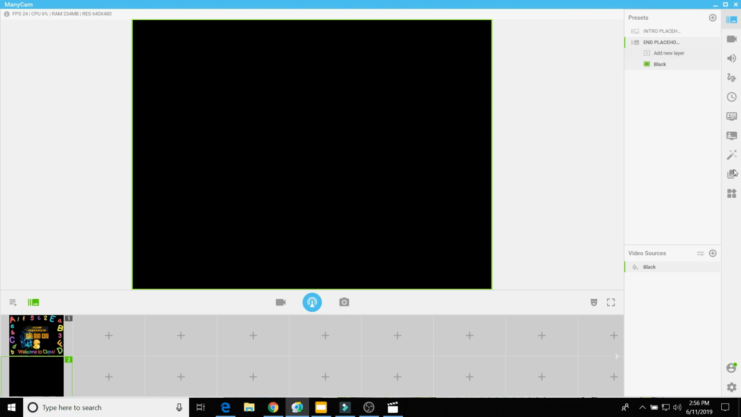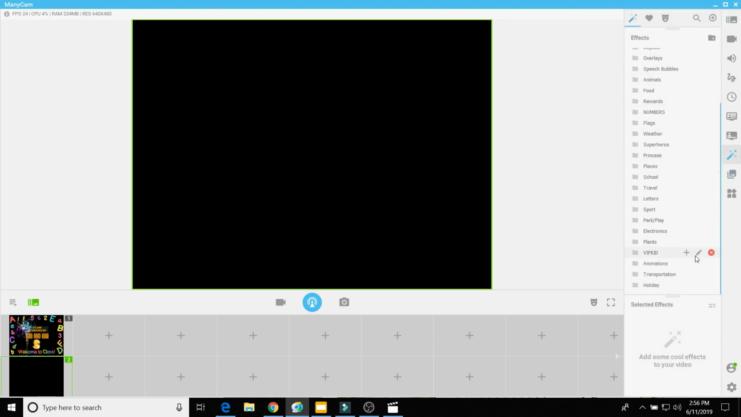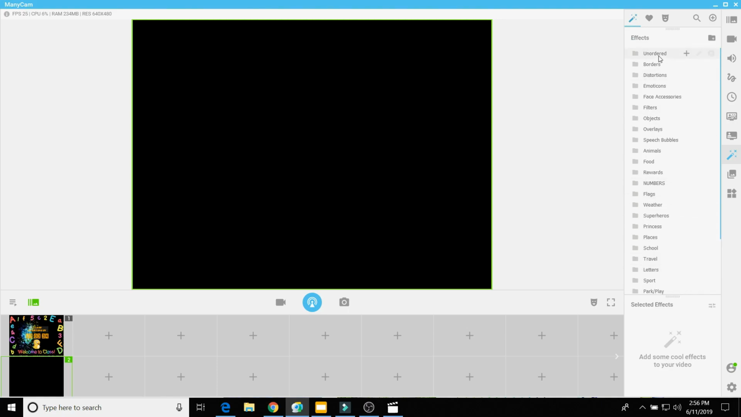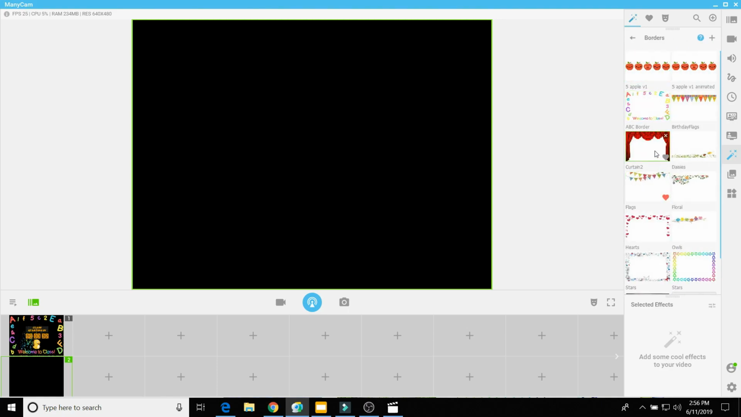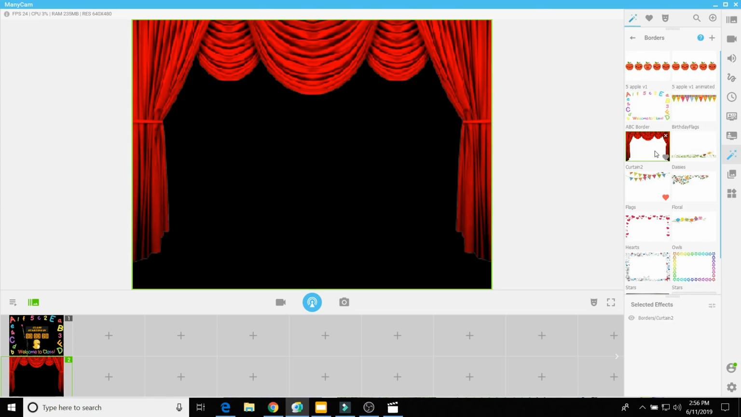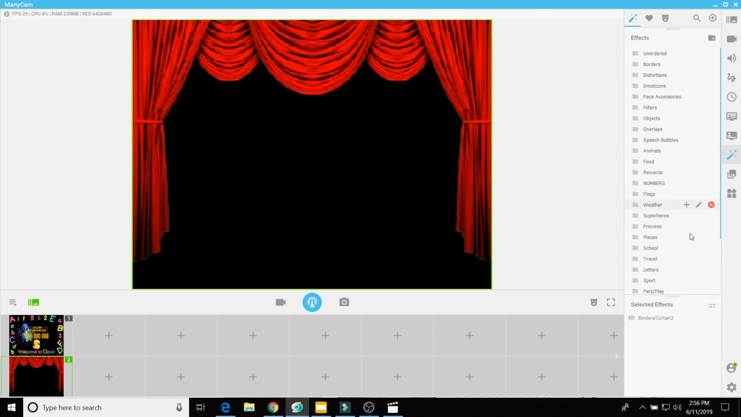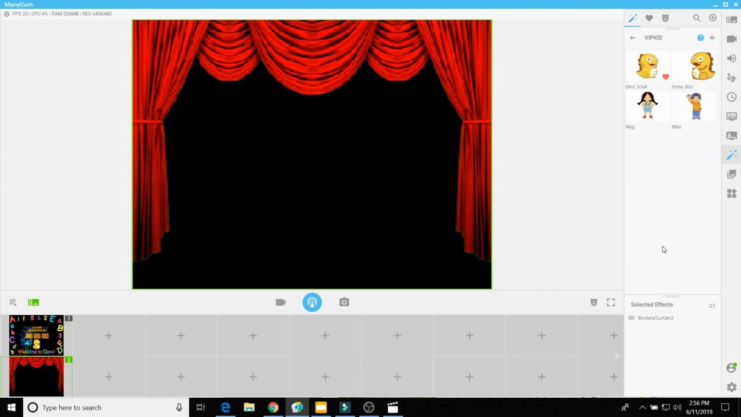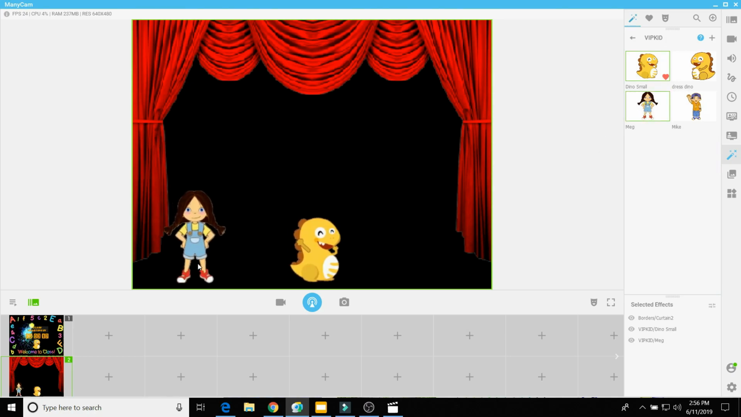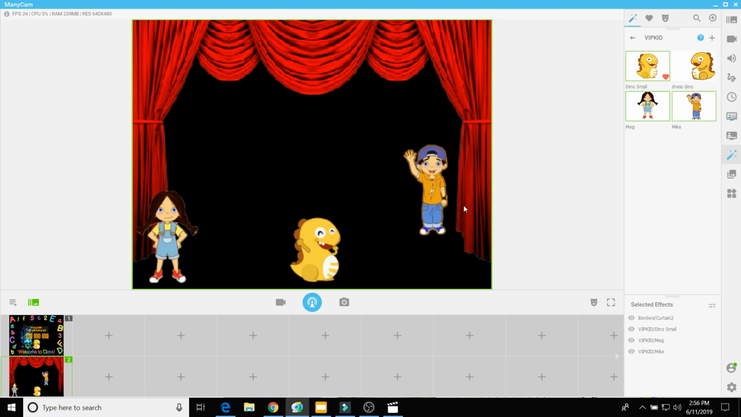So same concept. We can come to the effects, and we can go to borders. We can add a closing curtain. Maybe put Mike, Meg, and Dino. Little Dino. Then we can put Meg. We can't really see her hair, but we'll put her off to the side so she hides that the curtain doesn't match and meet the floor. We could put Mike,